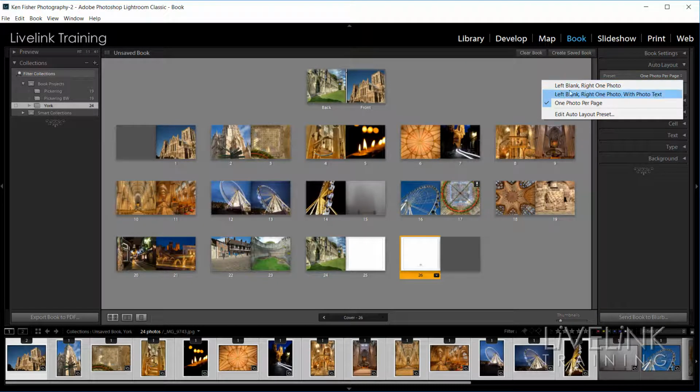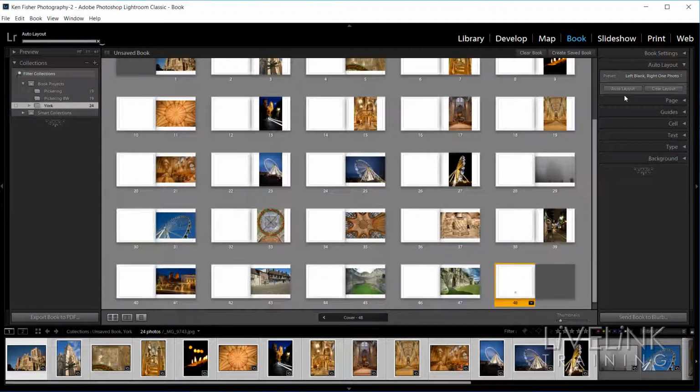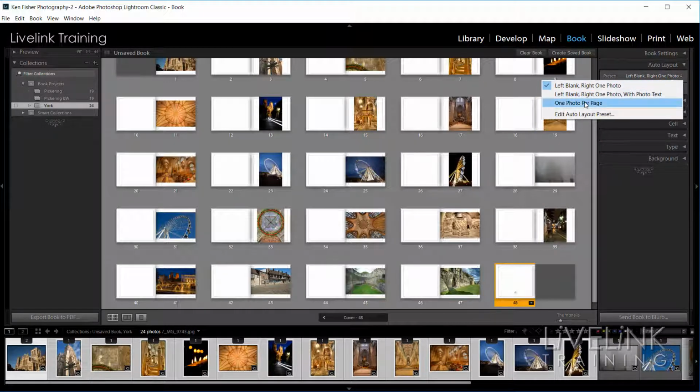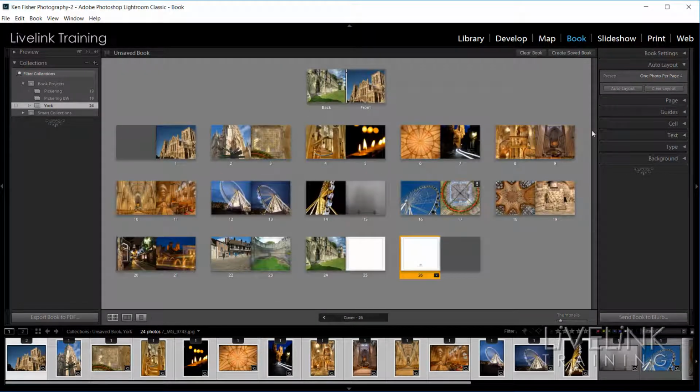And there are two others. We've got a left blank right one photo. So if I click on that one, I'll do clear layout and then auto layout. And again, it'll format it according to that left blank right one photo. I'm not so keen on that one, so we'll go back to one photo per page. I'll clear the layout and click auto layout again. And there we are. Now one of the limitations here I think is that we've only got 3 presets,